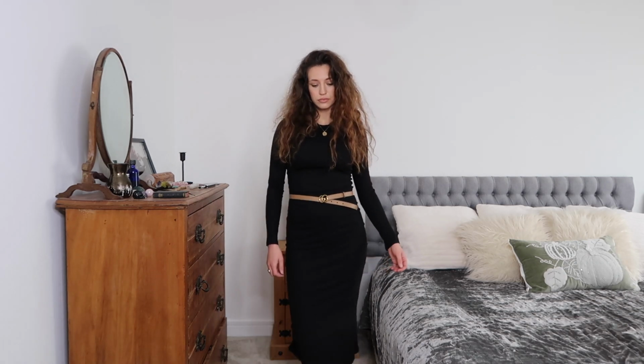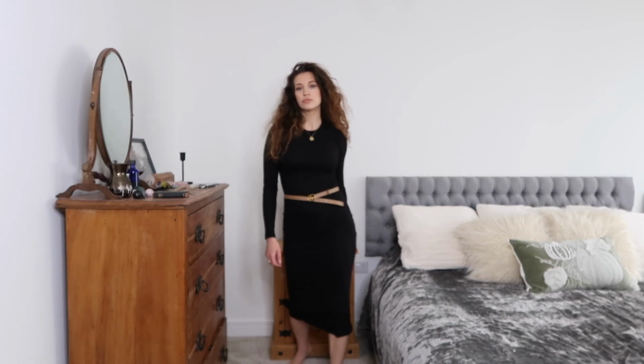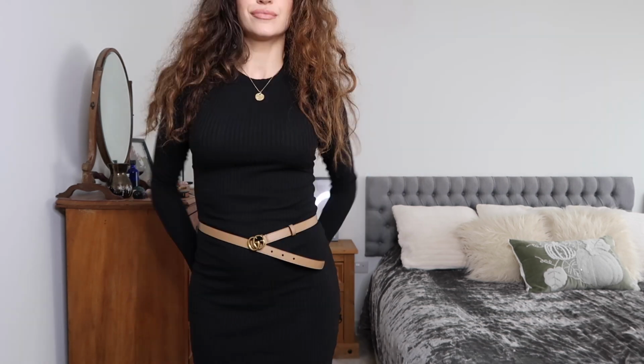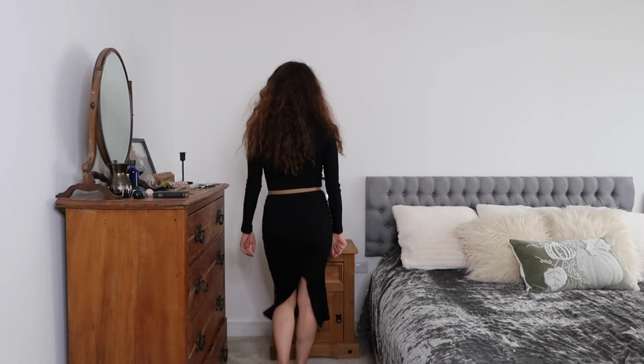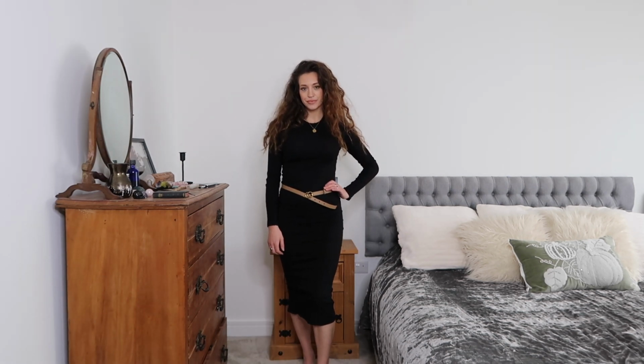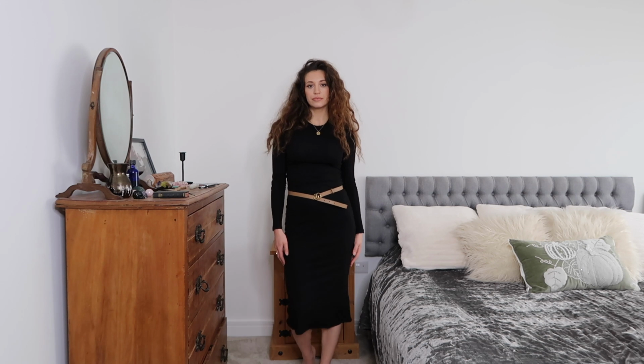I just think this is such a versatile dress, and it's kind of like the autumn-winter version of the strappy jersey dresses that I've been wearing in spring-summer, and just so perfect for everything. Again, really versatile. It can be worn on a date night if you wanted to dress it up with some really gorgeous jewellery, a nice fitted jacket and some beautiful